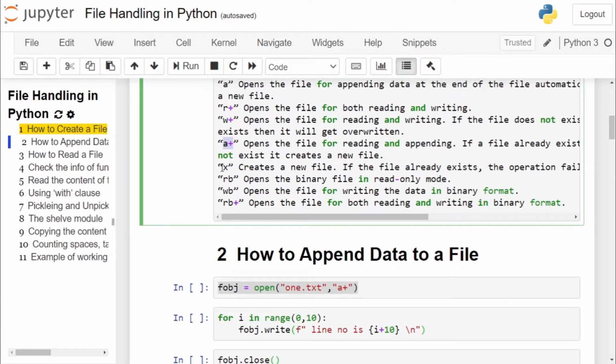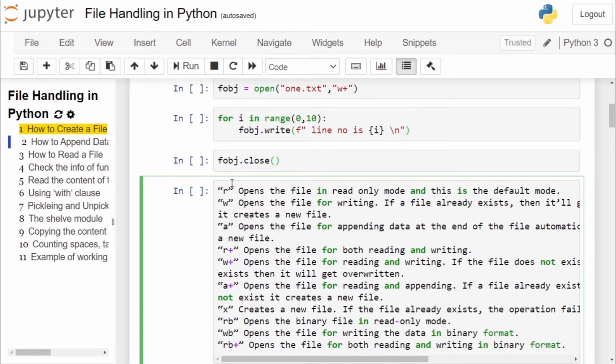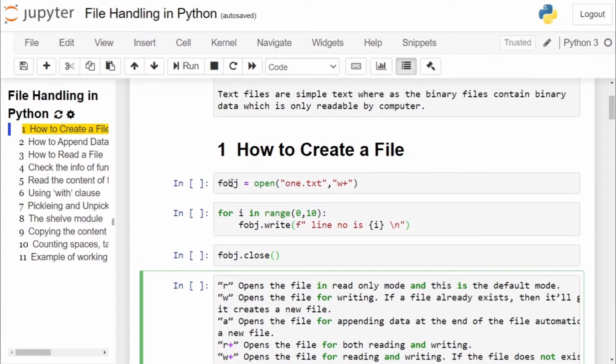If you have mode x, it will check whether the file is already present or not. If it is already present, it will throw an error. If it is not present, it will create the new file. If you are working with a binary file, you just have to append b to r, w or a. The meaning of plus and r, w, a remains the same.